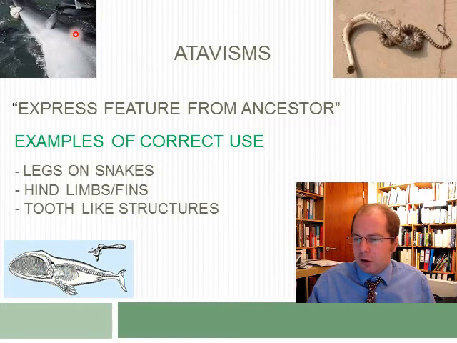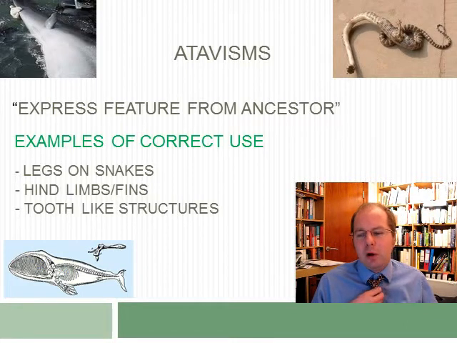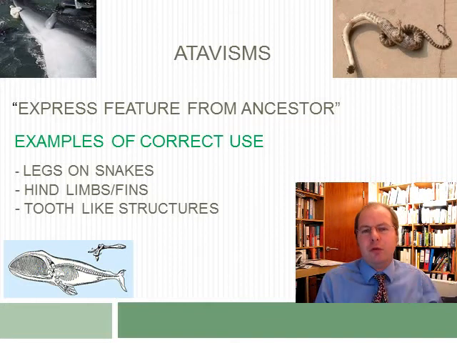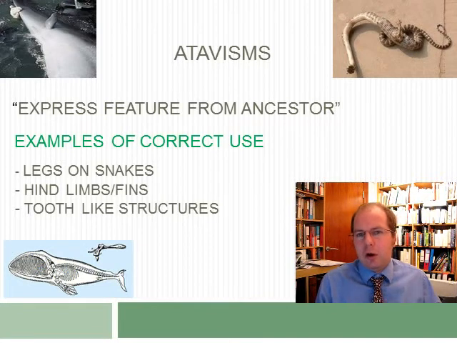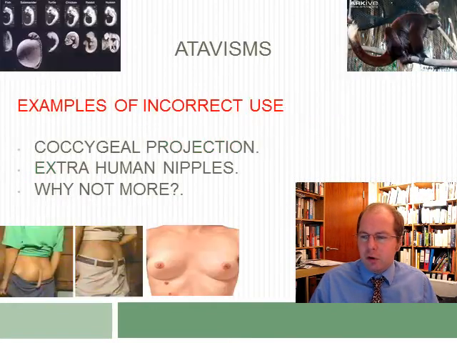You look at the hind limbs of whales, the rear fins on dolphins. All these have clear structures. You've probably heard of the chicken teeth. Well, it's just been demonstrated that the jaws of chickens can give birth to tooth-like structures. So it is possible to do that. Those are all legitimate examples of atavisms. Illegitimate examples are